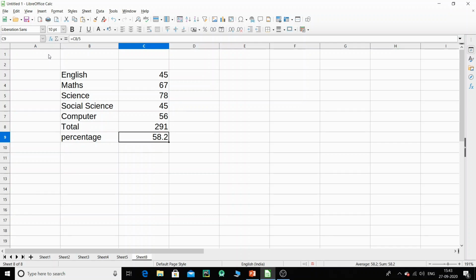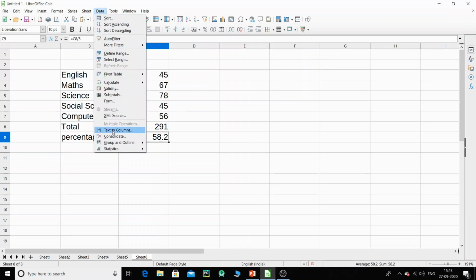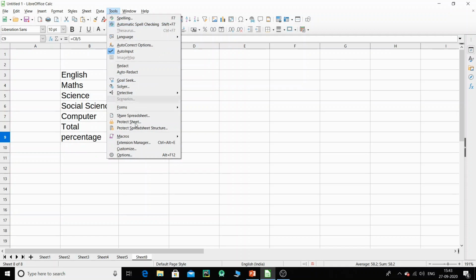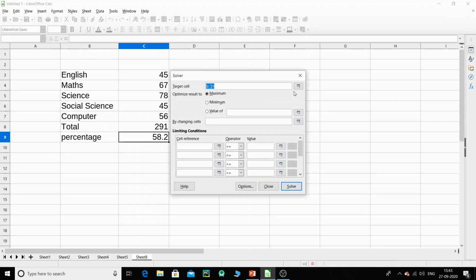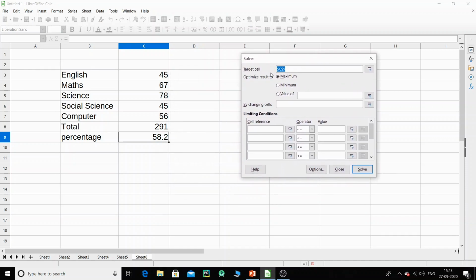So what we have to do is click on data, and then click on tools, and there is an option called solver. Okay, and the window will appear like so, and now what you have to do is set the target cell. That's the first thing, and your target cell will be the cell that is currently selected. In this target cell I don't want the max or min, I want a value of 90, which means I am targeting a goal of 90%.